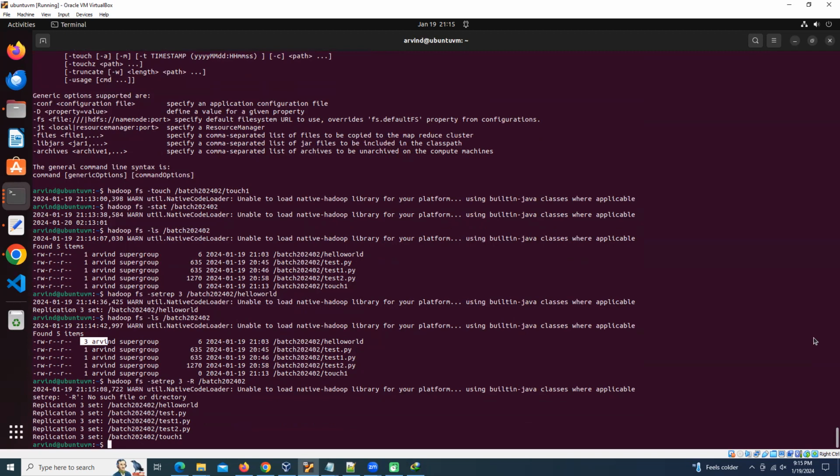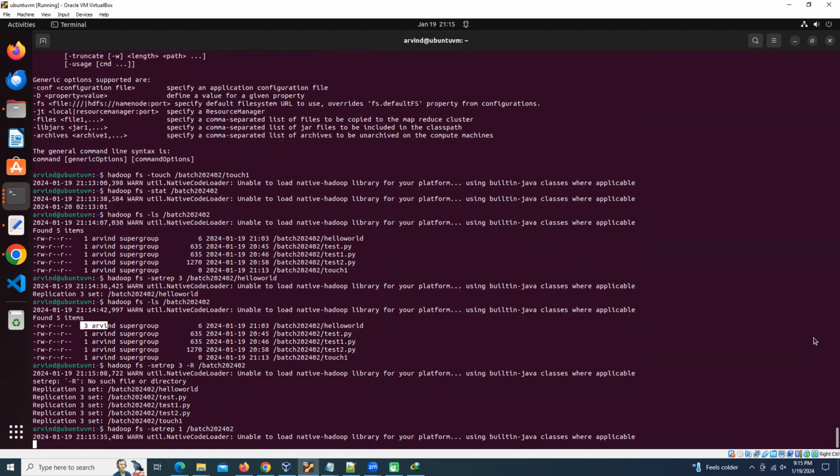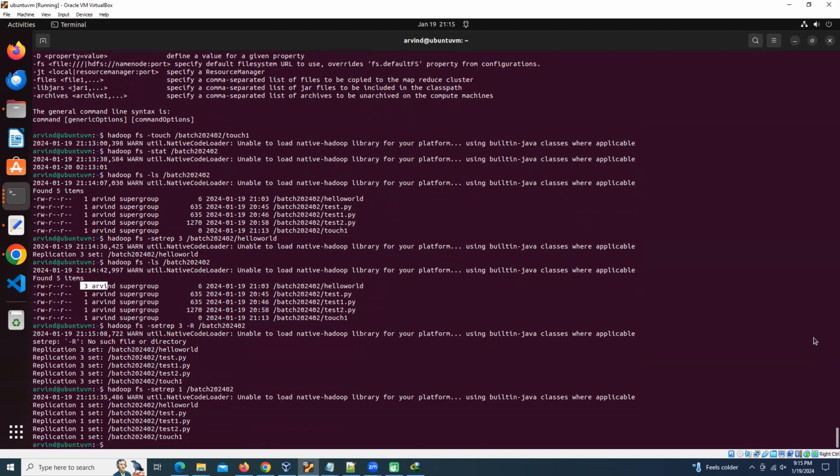Actually minus R is not needed. It will do it automatically. If you give a directory, it will understand. If you run this command, suppose you want to change back to 1 again. Okay. Now, if you want to change back to 3,